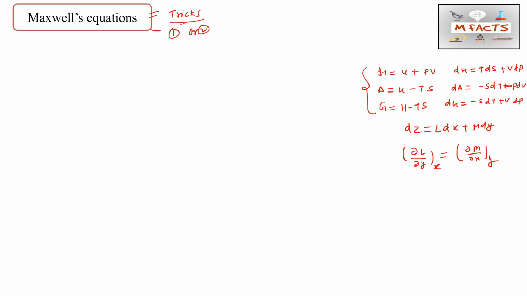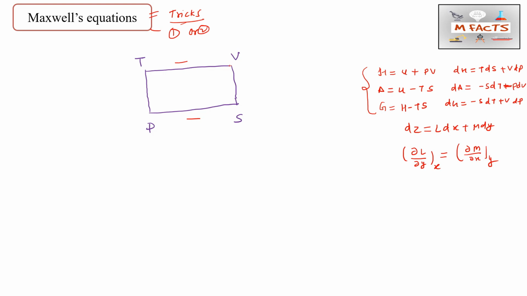Suppose you get this type of question in the examination, you will simply draw a box like that. How will you draw the box? You will draw a box like that, and you can write TV by PS. What is the trick? TV by PS. This is the horizontal line of the box, that's why we will take the minus sign here. And this is the vertical line, so there is no need to take any sign because that is positive. This is the horizontal line, so we can consider it as a minus sign.